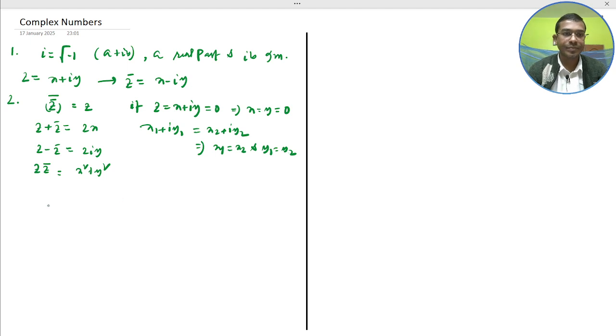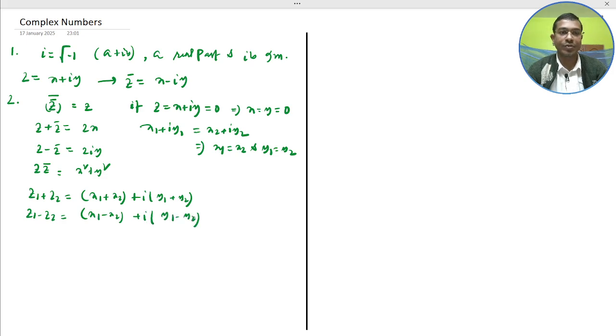Next, the sum: z1 + z2 is equal to (x1 + x2) + i(y1 + y2), and z1 - z2 is equal to (x1 - x2) + i(y1 - y2),